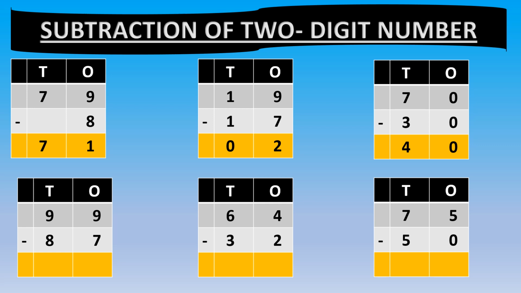One more thing, children. Always remember that only one number is written in a column. Here, look at the 1's column. Look at the 10's column. Only one number is written in one column. Never misplace the columns. Next one. 0 minus 0, that is 0. Then 7 minus 3 equals 4. Same way, children, here are 3 questions that are given for you to work.